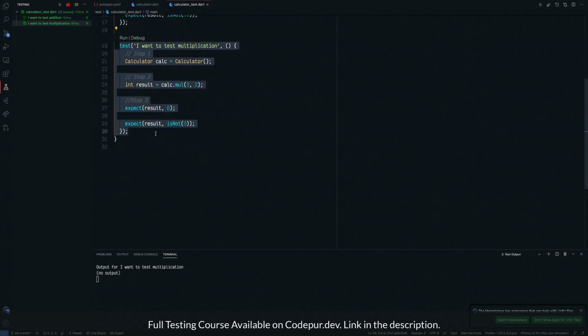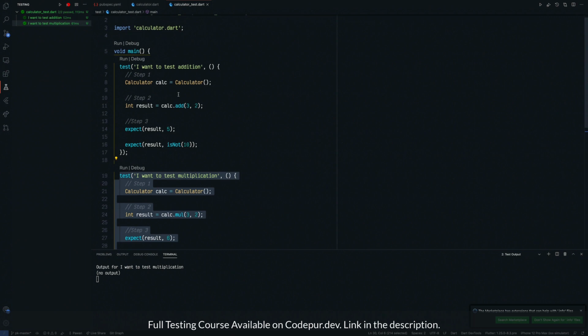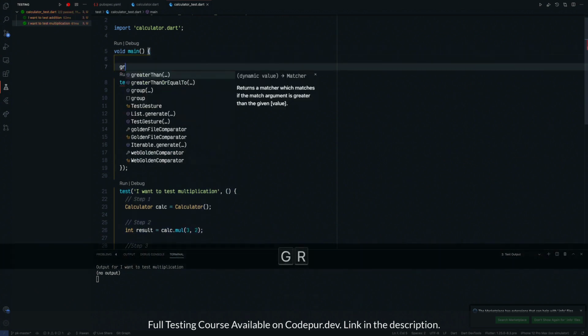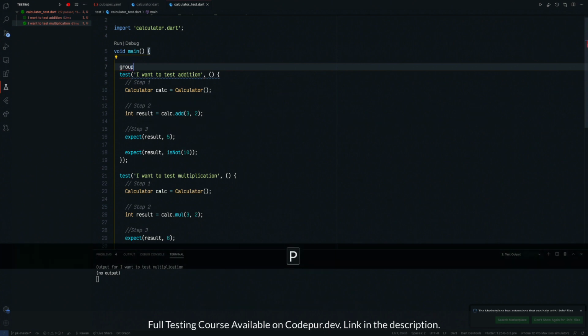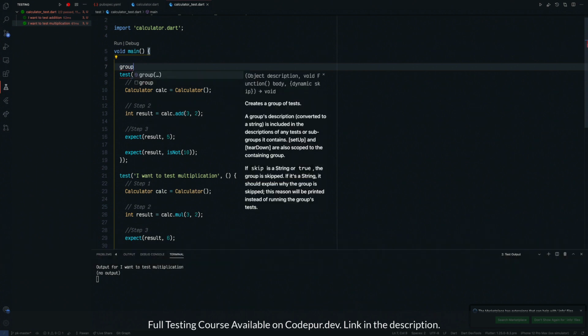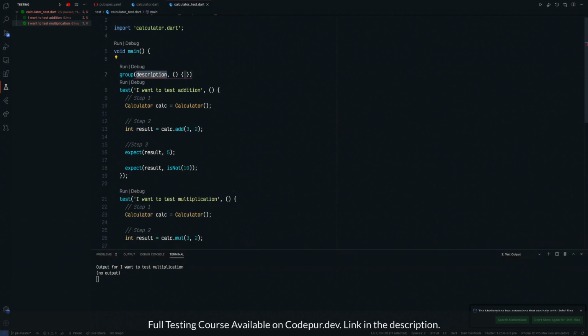Everything is working fine. You might ask me, what if I want to run both of these test cases, or a particular group of tests? There is something called group. On the top, I can say group, although you can directly run main here in this particular scenario. But if you have some set of tests which you have to run all together, then you can use something called group. Here you can give a description as usual.